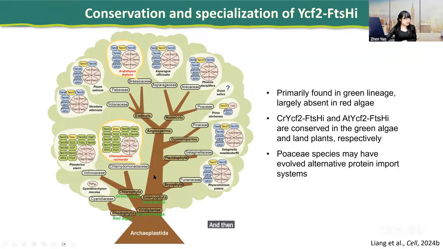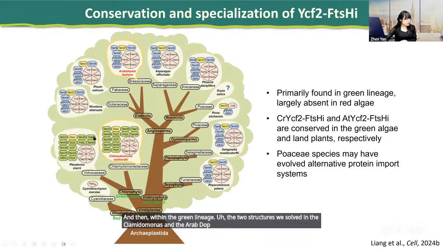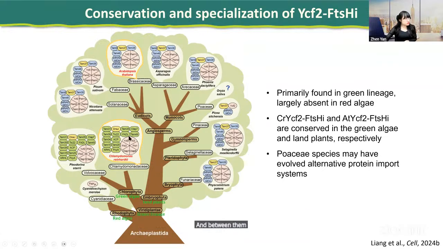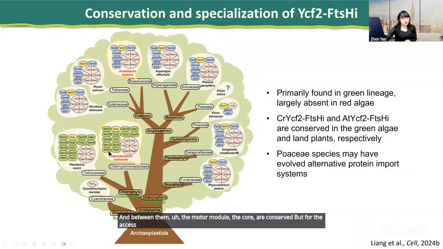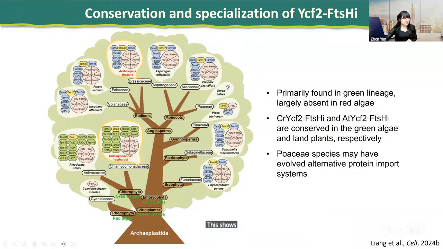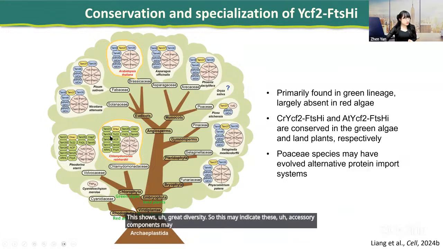And then within the green lineage, the two structures we saw in the Chlamydomonas and Arabidopsis are conserved within the green algae and land plant branches, respectively. And between them, the motor module, the core, are conserved, but the accessory subunits show great diversity. So this may indicate these accessory components may have gradually been incorporated into this motor after the divergence between the green algae